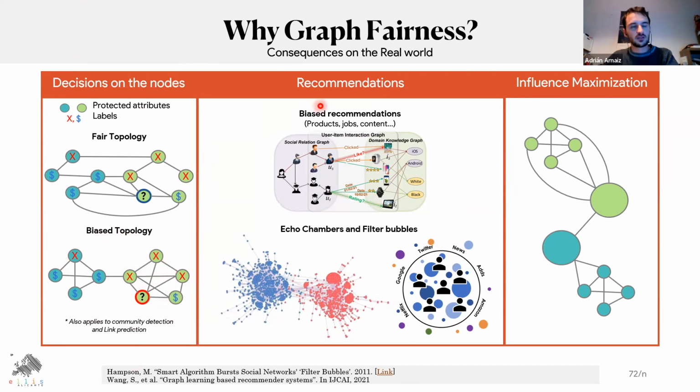Also in recommender systems, Francesco Harry will talk about that in the panel, but for example, in job recommendation, you can do biased job recommendations, but you can also create filter bubbles and echo chambers if you recommend the links that are very similar to you. So when you are recommending in a loop, you can create these loops and polarize